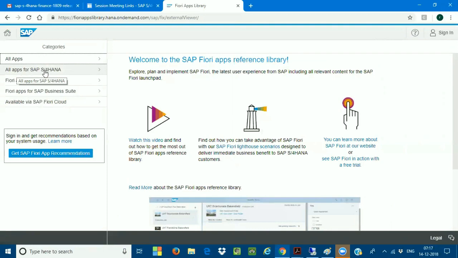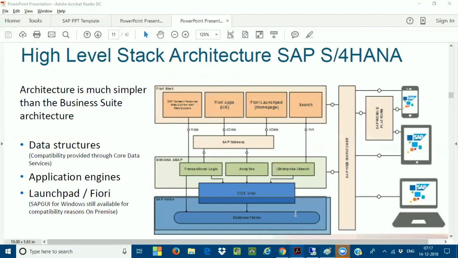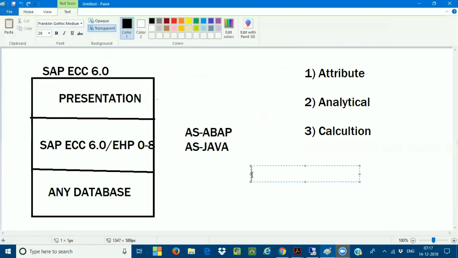And this is very, very important to all of us. If I see SAP S4 HANA, it is on-premise, definitely. How to differentiate between on-premise and cloud: wherever you see SAP S4 HANA, it is on-premise.